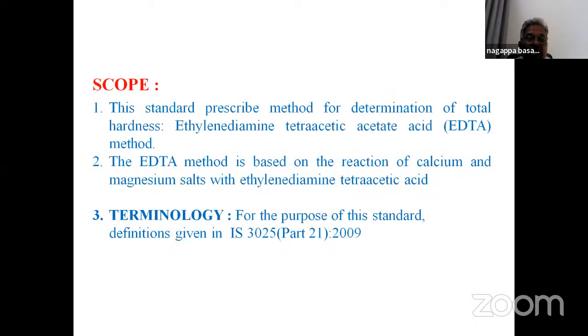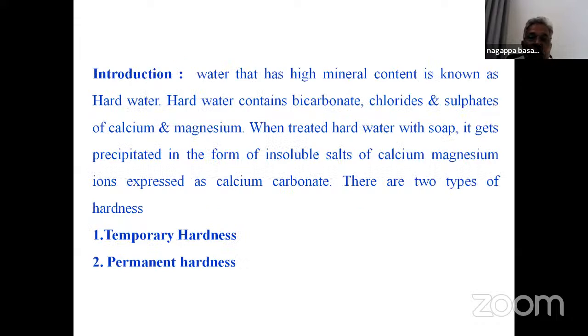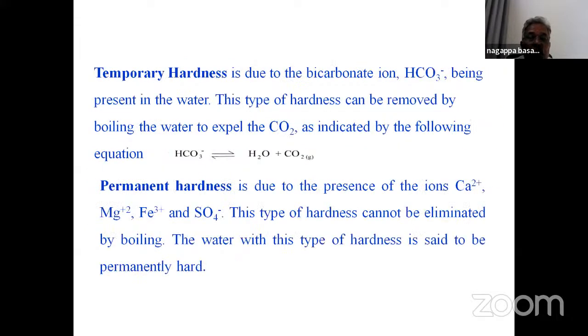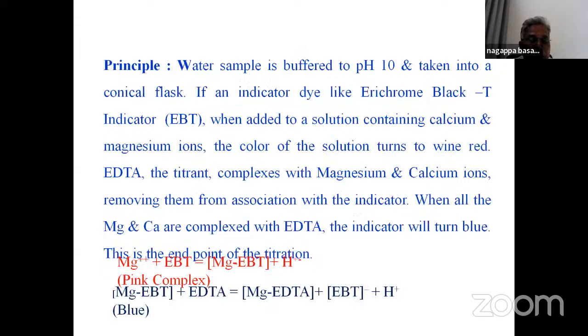Hardness test, calcium and magnesium. IS 3025 Part 21 we have to use. This is a specific standardized procedure. The same method you have to follow. The method is EDTA titration. Temporary hardness, magnesium hardness. Principle: the water sample is buffered at pH 10 and taken into a conical flask. An indicator dye, Eriochrome Black T indicator, when added to a solution containing calcium, magnesium, iron,